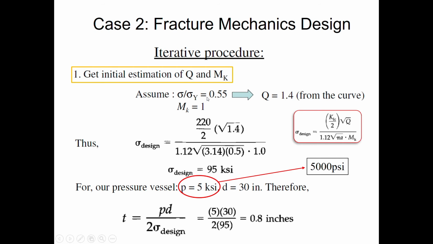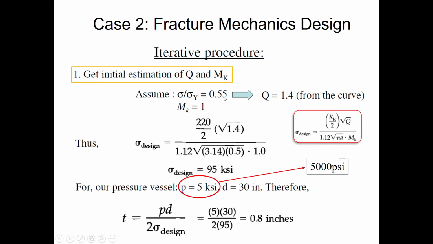Okay, let's say they already give you the sigma that we want to apply to the structure, so we can get this value. From here, we need to check the value for Q, which we obtain as 1.4. You may check this more in chapter 6 in the book by Barsom. So mk equals 1. Using this value, we can get